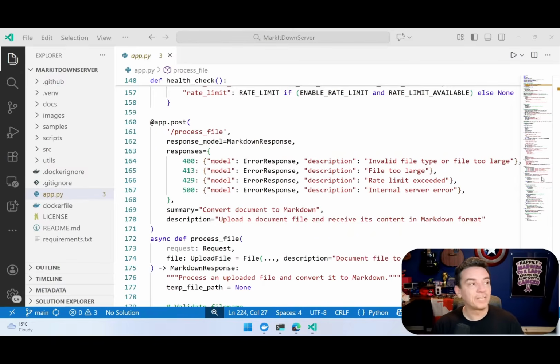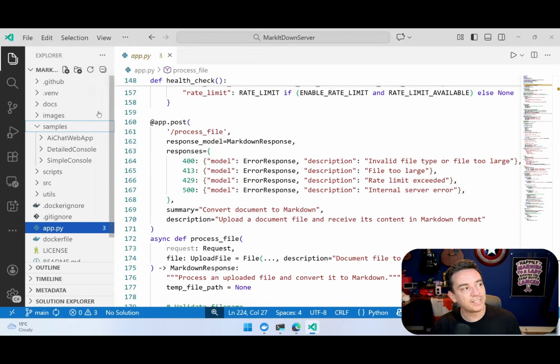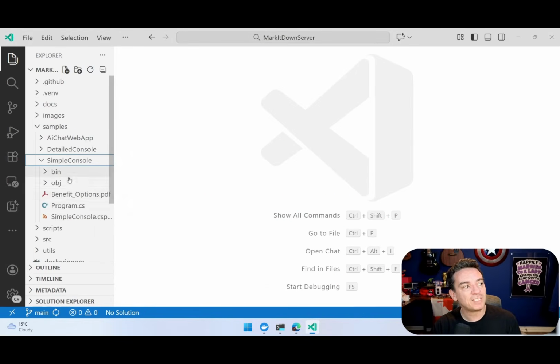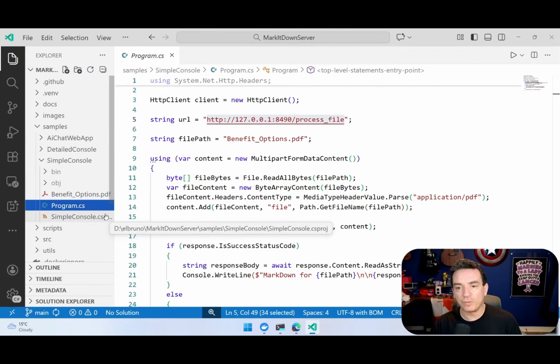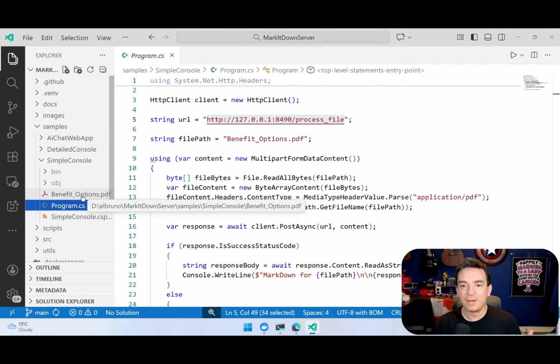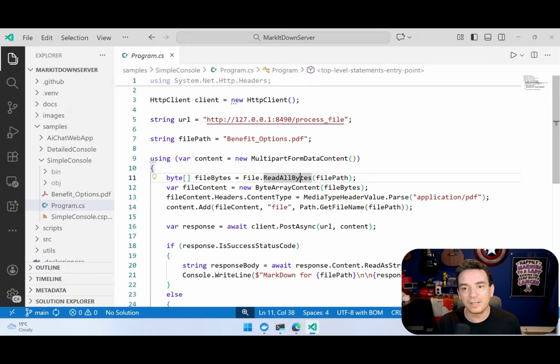And how about .NET? Okay, so what we have here is a set of samples in .NET. We have a simple console sample. Each one of the samples also has a PDF, a sample PDF that we use in tons of samples here at Microsoft, with benefit options for a fictitious company. And what we have here is literally 20 lines of code